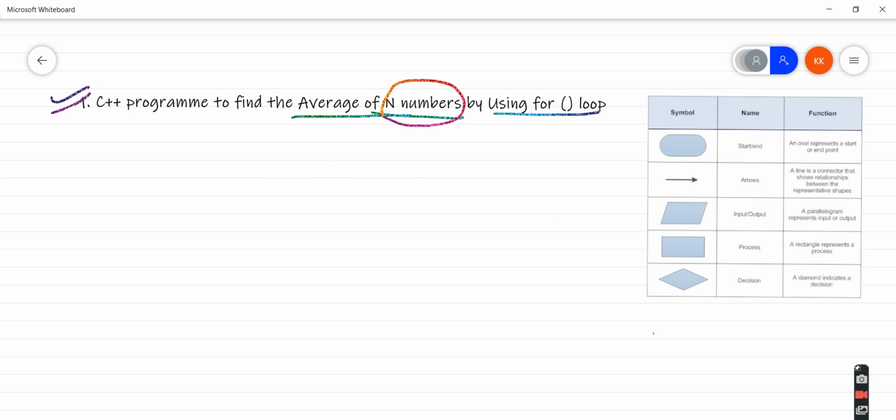Let's create the flow chart first for this program. We have these symbols on the right side. First of all, I will ask the user to enter how many numbers they want to enter.